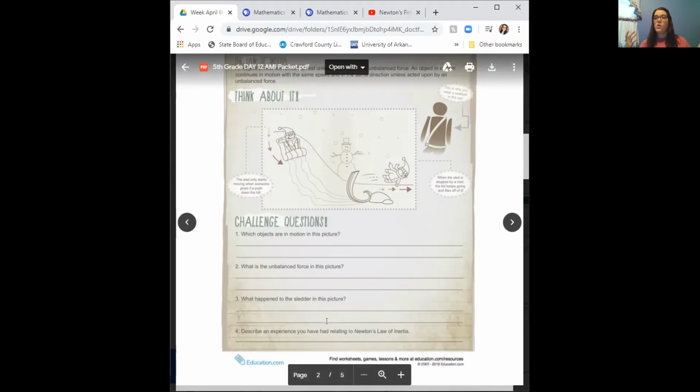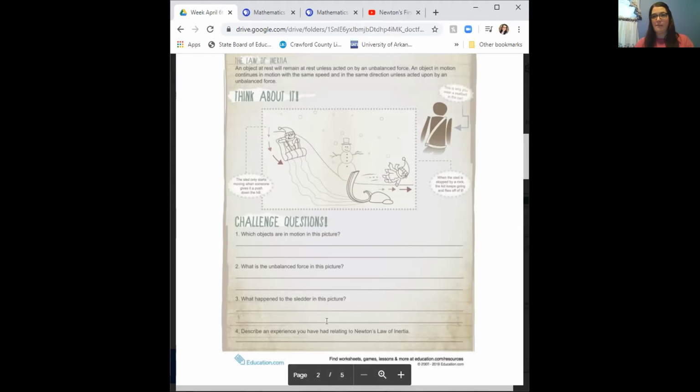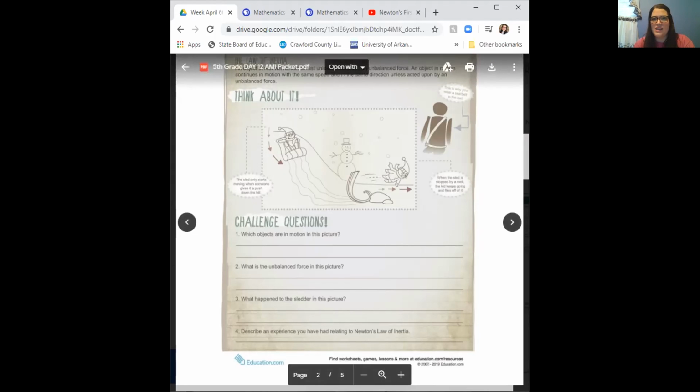So just think of, in your own life, what are some experiences that you had that might relate to this law, Newton's first law of motion, the law of inertia. So that is your science today. It's just that little worksheet. And then as always,